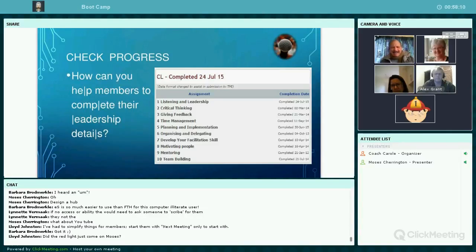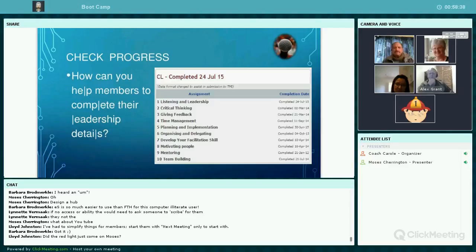We can, using the EasySpeak tools, encourage our members to check whether or not all of those projects have been completed. Did you know that you can link into the CL projects from your Check the Leadership Progress chart? If not, have another look when you go back to your EasySpeak site.